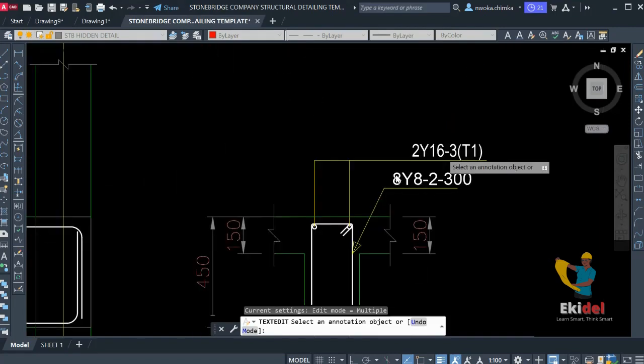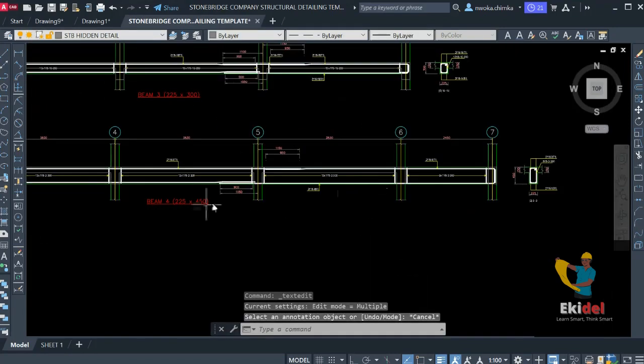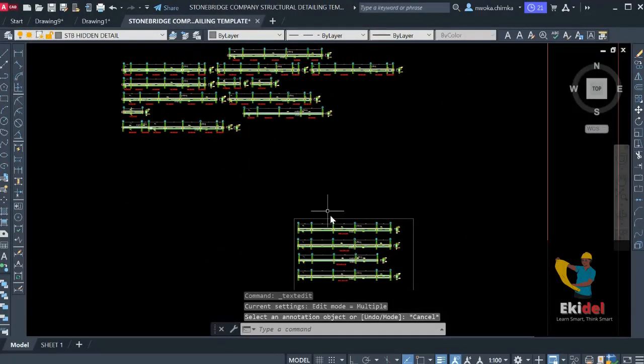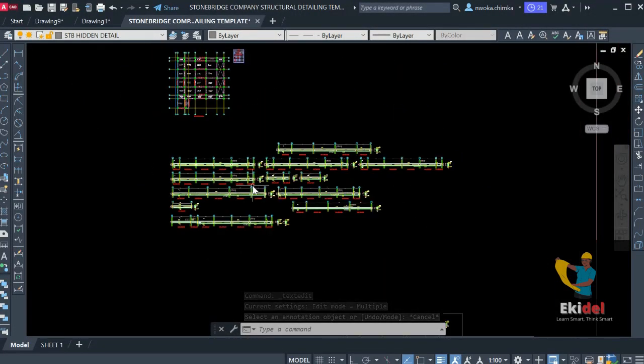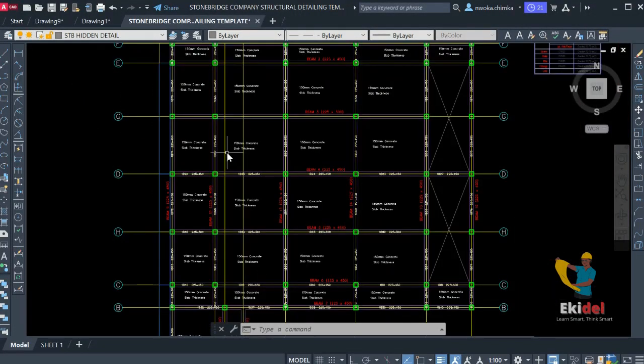Okay, so you can see also the beam detailing. Okay, so this is beam 4. I will now go to locate beam 5 right now. So I go right now to locate. I will now go first here and remove